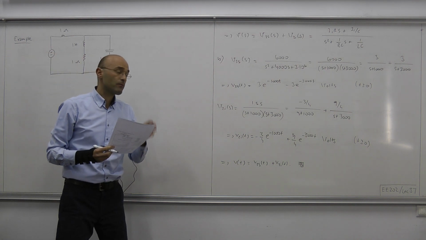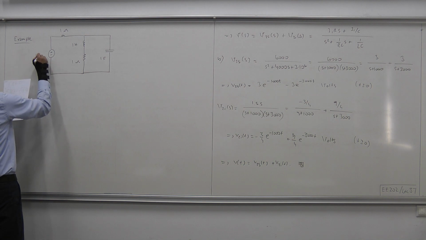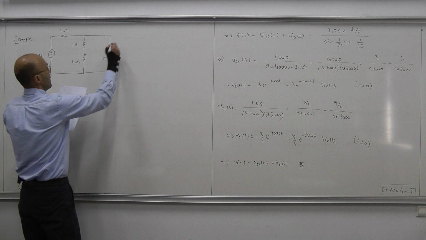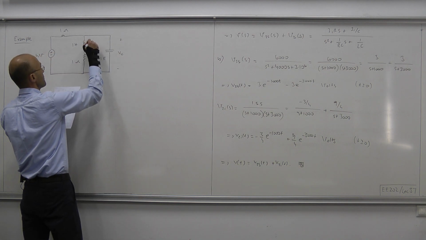So all the values are of unity, and we have a 4 volt constant source, and this is the capacitor voltage, this is the inductor current,